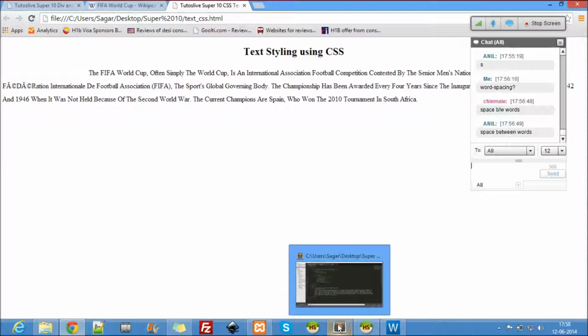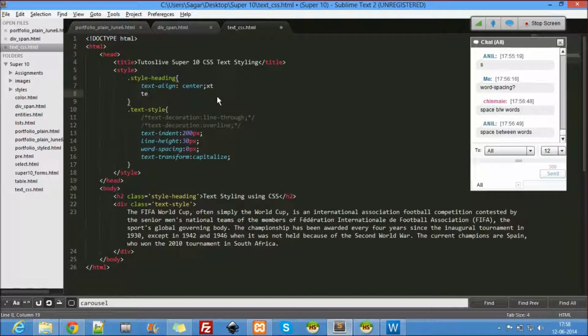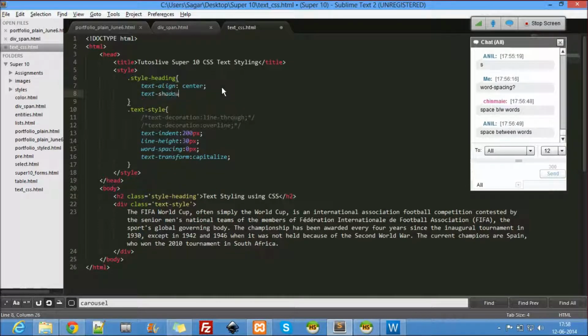Now let's jump back to our heading and style it. One more important one here is text shadow. The first is the horizontal width, let's say 10 pixels. The second is the vertical shadow, which is 10 pixels. Then the next is a color, so let's take F0F.